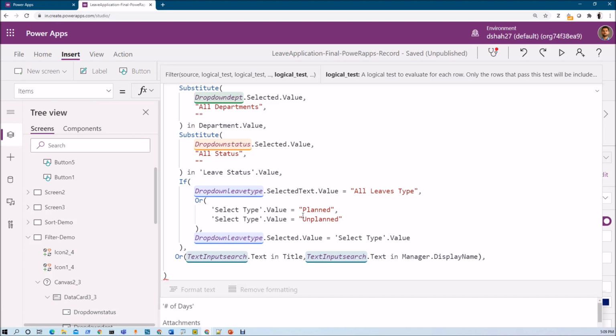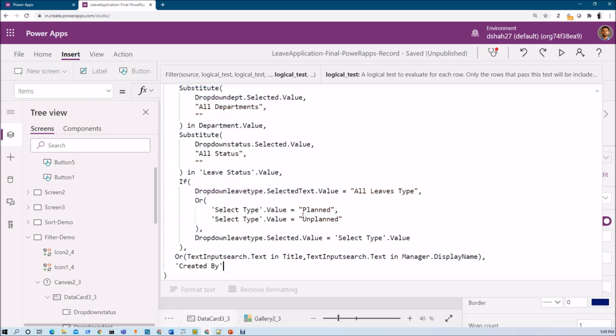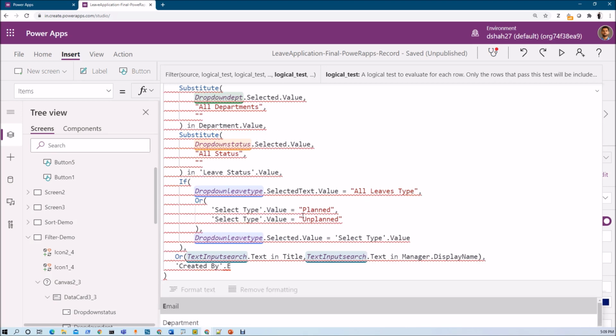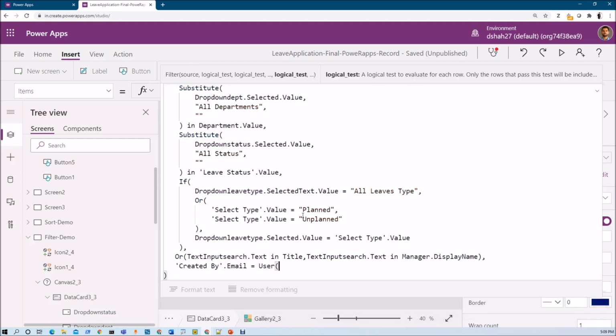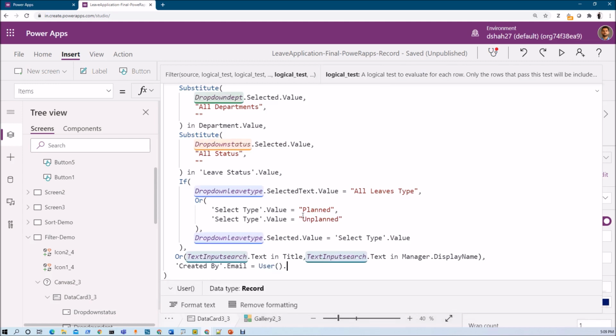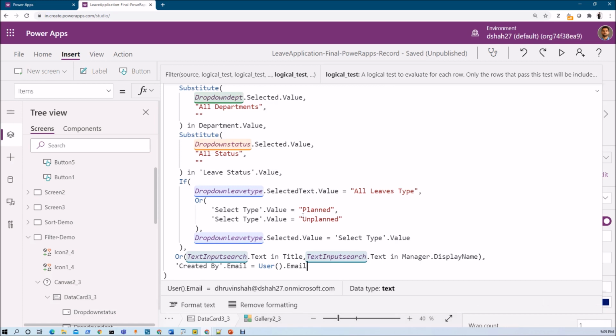Now I just want to apply one condition: created by dot email equal to user dot email. So it will show only the current user's requests here.